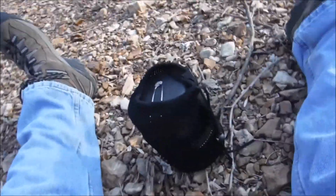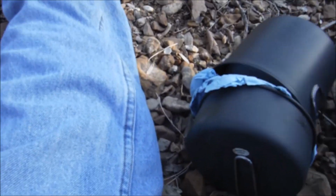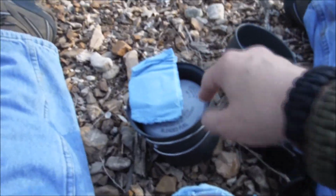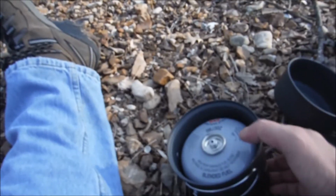Alright, now here is my cook set. This is the Coleman Max. I'm sure a lot of you guys have seen these. I've been carrying this since last year, and you can't even find these anymore. They actually come with 2 top lids, 2 inside, but I don't carry the one that goes inside this pot because that's where my fuel canister goes,